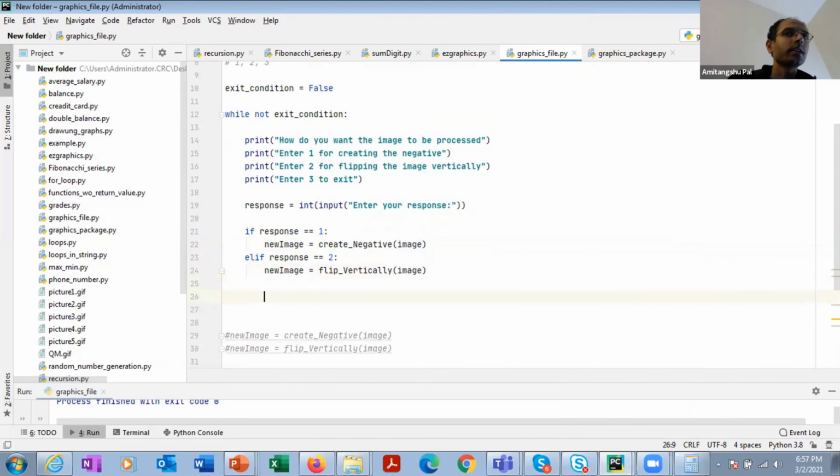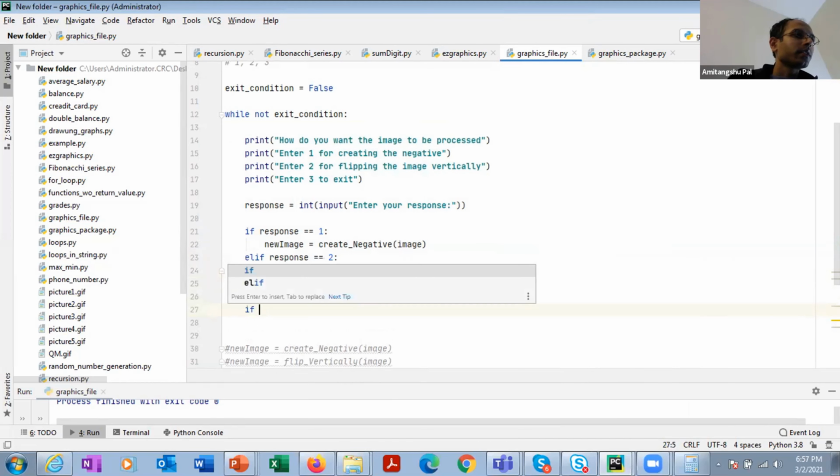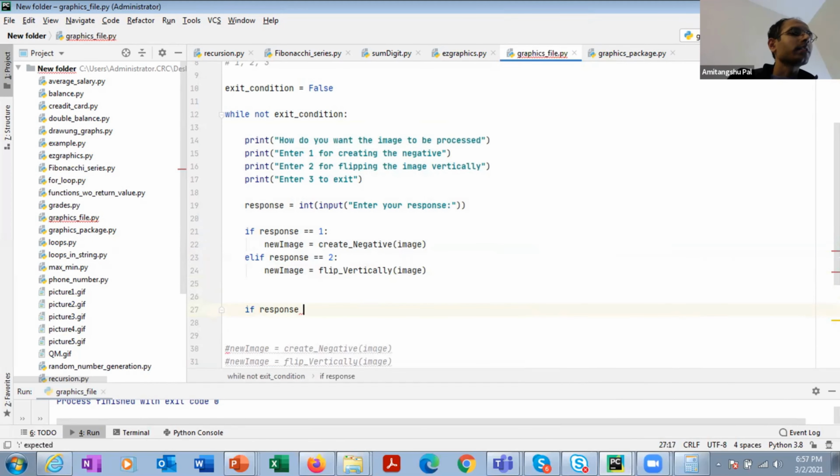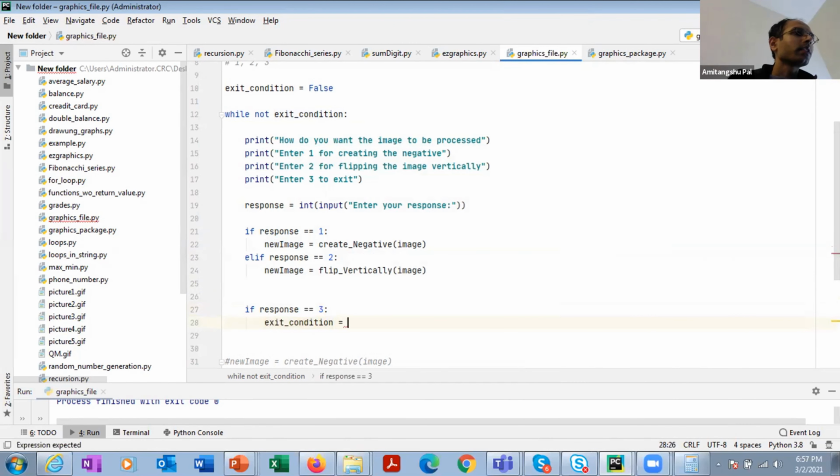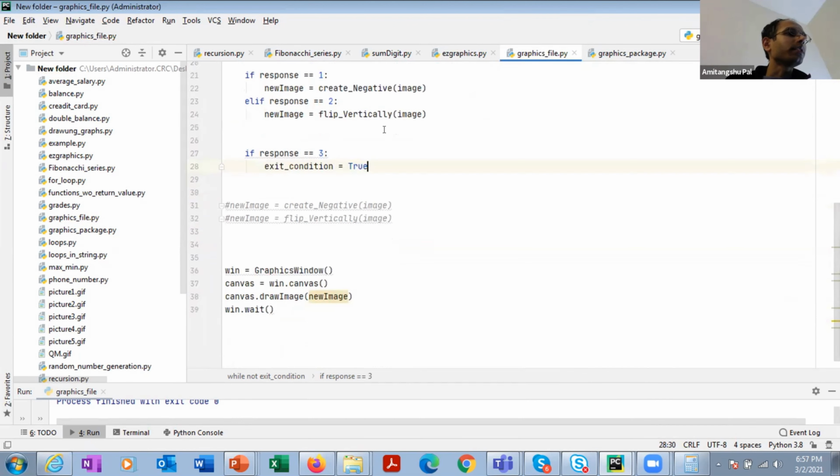Okay, and then if your response is 3, that means you are setting the exit condition to be true because you need to exit from the loop. And in all the other 2 cases, you need to plot it.